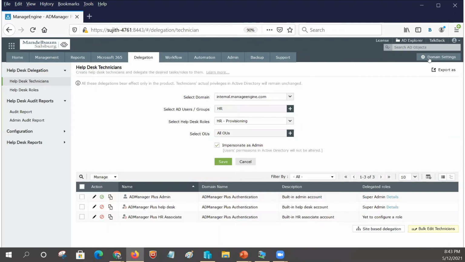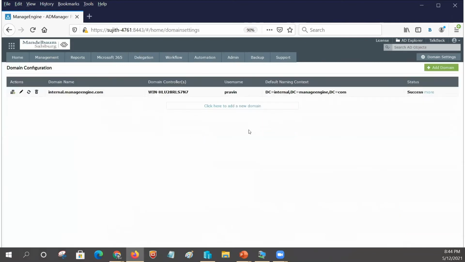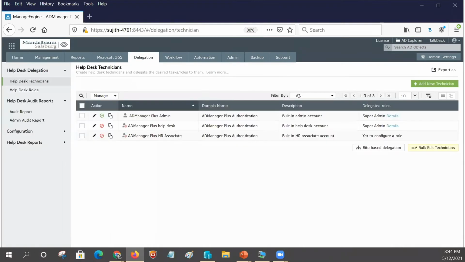setting, we will have a service account configured there, meaning we would have provided a service account which has the read and write privileges, or using ADManager Plus if you want to create accounts or reset passwords. So whatever changes that you do, if that service account has that right and you have that account configured here under your domain setting, now impersonating as an admin, I'll come back here to the delegation tab,